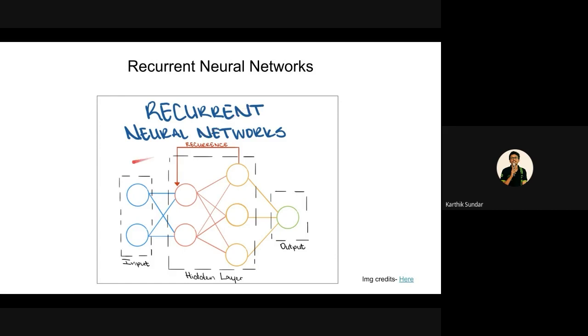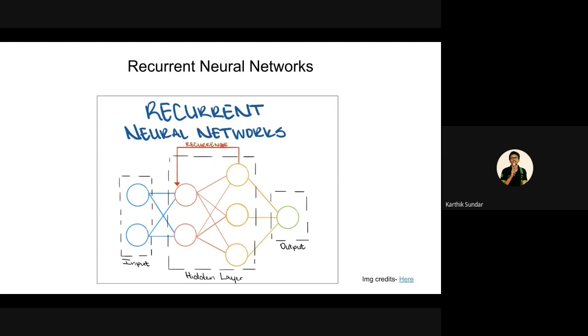We won't go deep into this, but let me just give you an idea. There is an input similar to the perceptrons. We have some layers in between, but there will be some feedback. That's the recurrence. There will be some feedback from the layers at the front to the layers at the back. So that's what differentiates recurrent neural networks from normal neural networks.